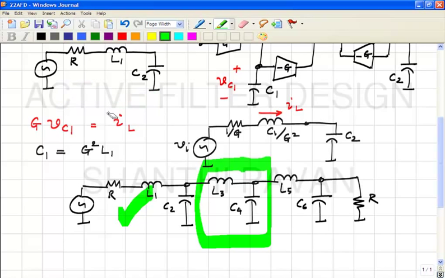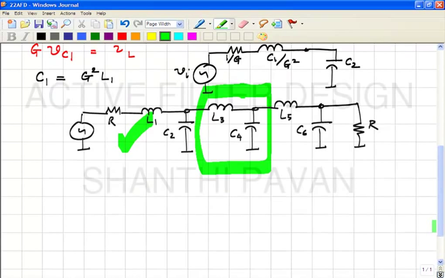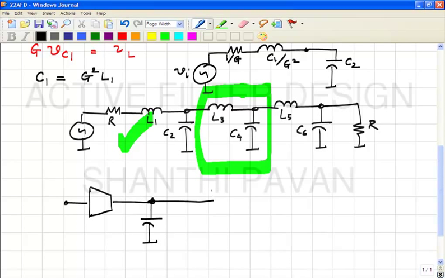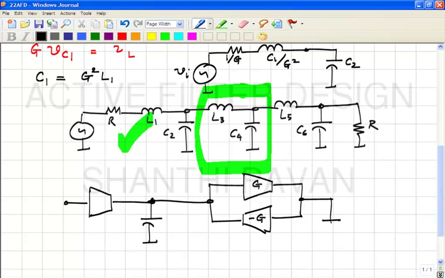So in other words, this must look like C4 L3. Okay. So we want zero resistance